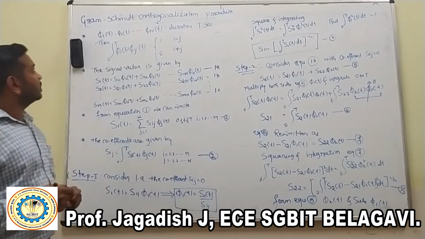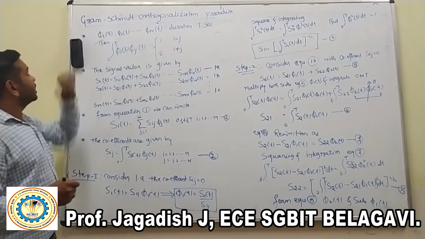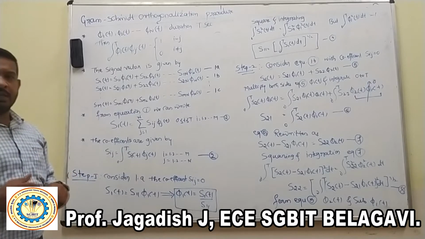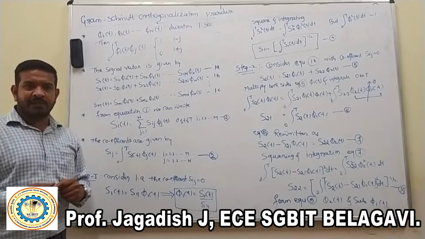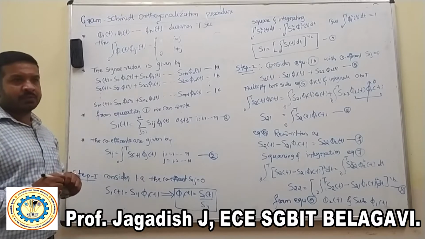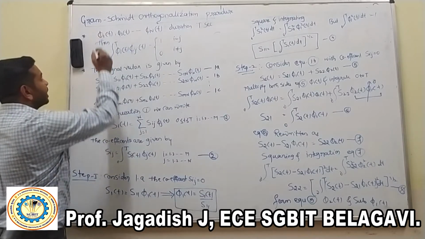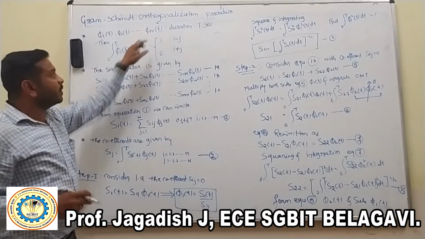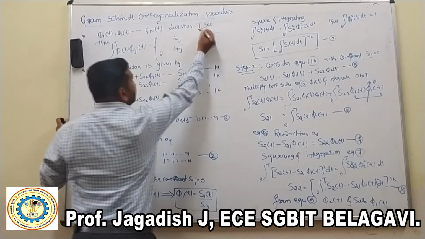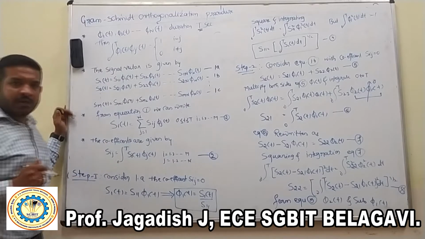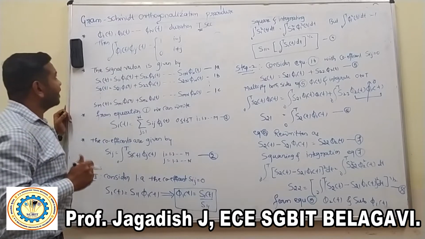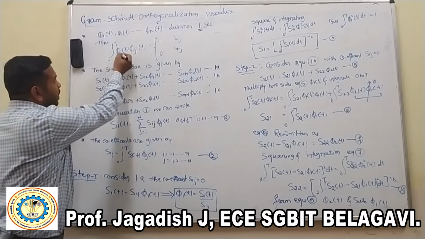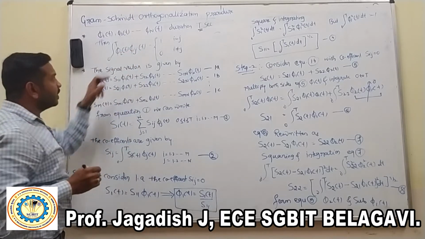procedure. Okay, so whenever we discuss the Gram-Schmidt orthogonalization procedure, first we have to define the orthonormal basis function. It is a carrier signal. That carrier signal is denoted by pi 1 of t, pi 2 of t, up to pi n of t, with a bit duration of T seconds. Once you define the orthonormal basis function, after that, by using the coefficients i and j, you have to define